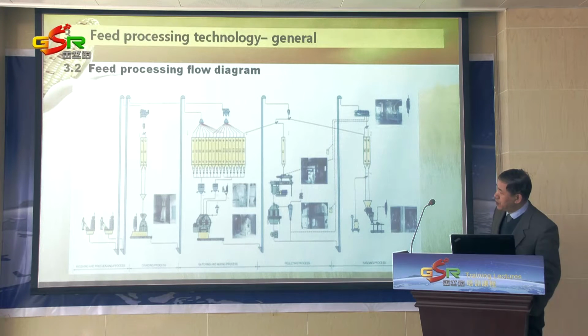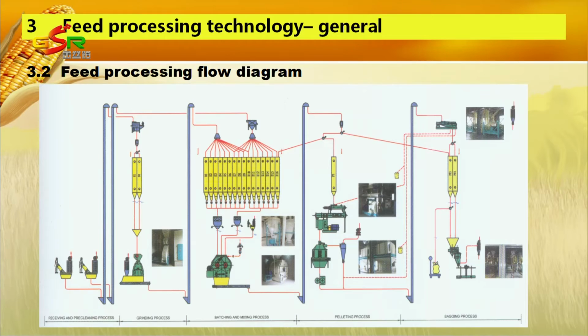And some materials do not need to be ground. They can be elevated, come here, then sifting, magnetic separating, then a distributor into the proportioning bins. Then weighing, with an electronic scale to weigh the material ingredients, then mixing. Sometimes we can add liquid into it. Then it is conveyed by bucket elevator to here, to the